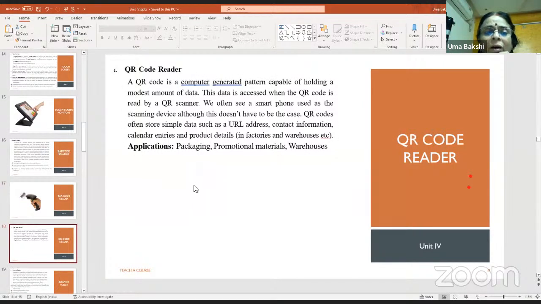Then we have the QR code. QR code also, most of you might have seen. I hope all of you know how QR looks. So QR code reader, you can pay through your GPay. Nowadays, all of us are paying the money through GPay, QR code. So you don't need to carry money. You scan it and then give the money. So applications are packaging, promotional materials and warehouses. Then we have